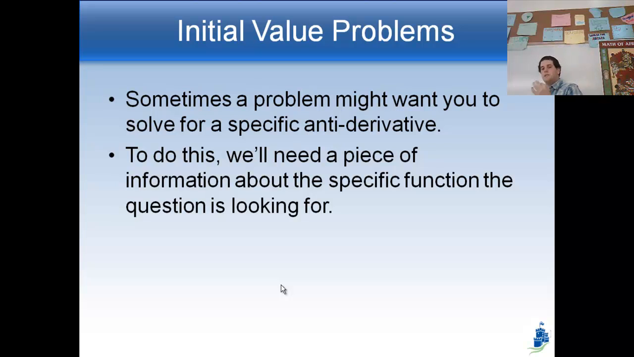To do that, you're going to need a specific piece of information that's going to help you to specify one of the various functions. There could be a bajillion of them, and they're going to give you some piece of information that's going to